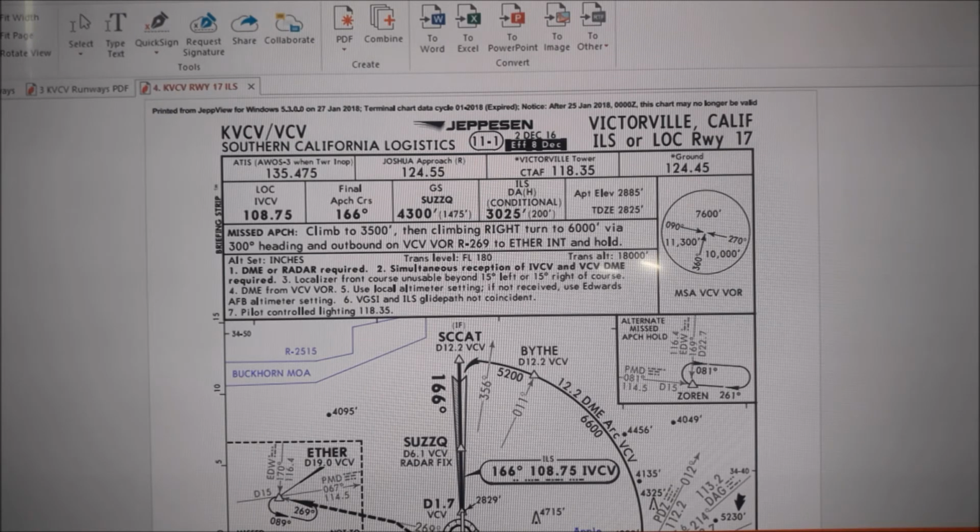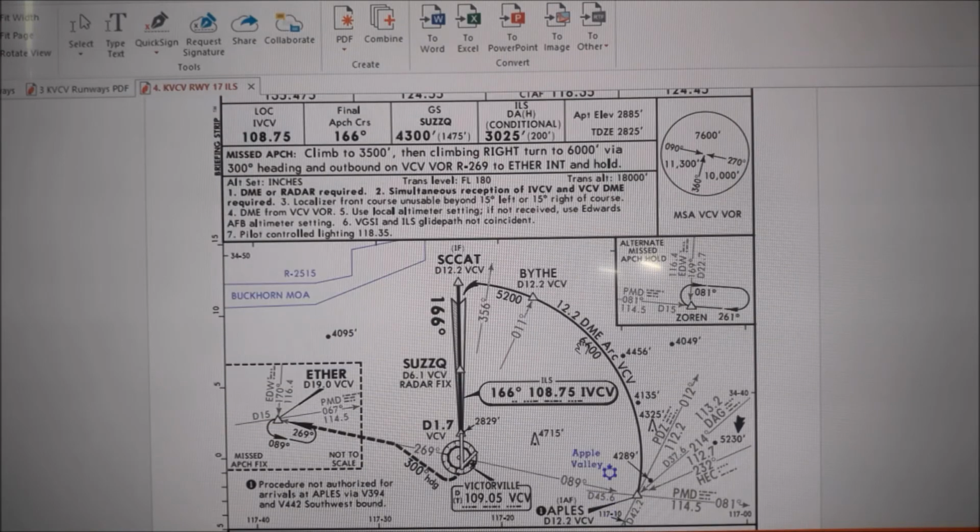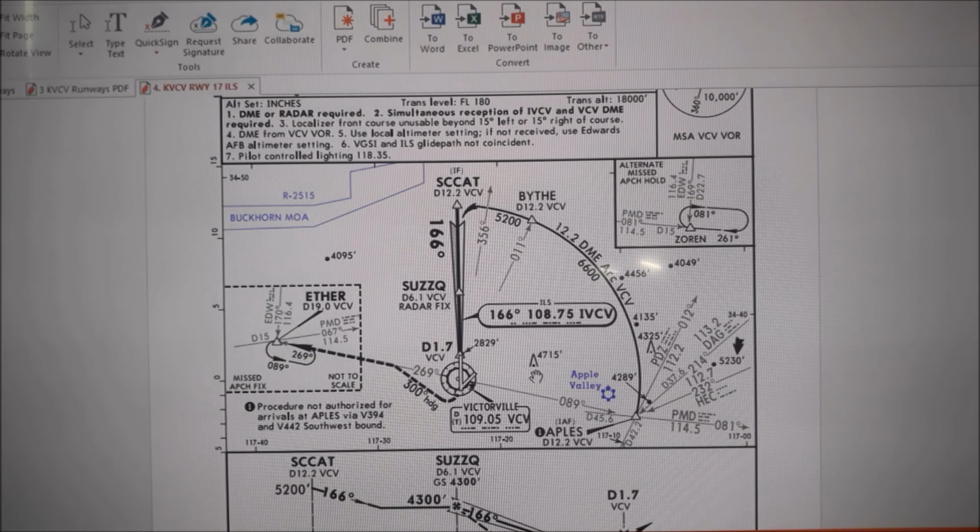It's called the Southern California Logistics Airport, and this is the ICAO code, this is the IATA code. So we need the ICAO code to get the charts and maps. There are so many maps for each airport. I just picked up only the essential, the very relevant ones for this particular session.